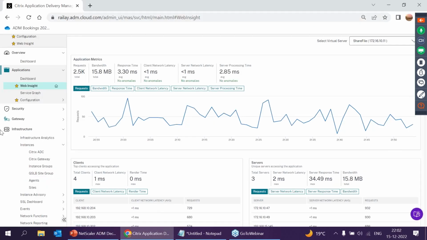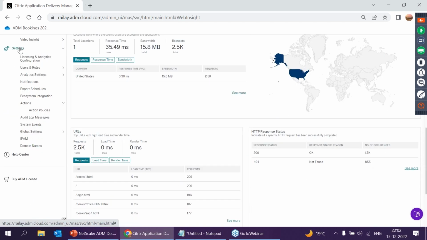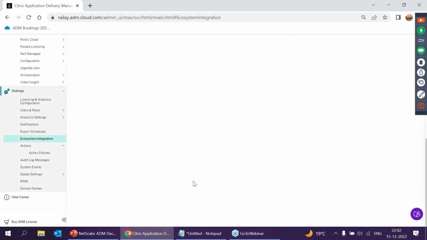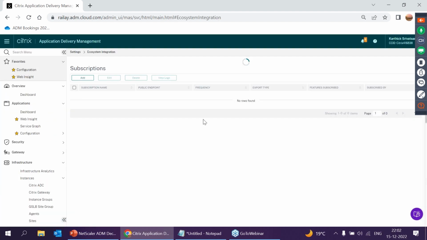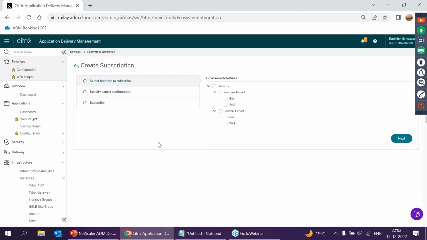I'll just give a quick sneak peek of how you configure this on the ADM. So we again go to settings in the ADM, and we have something called ecosystem integration, which is the third-party integration, if you will. So we have subscriptions. When you add a subscription,